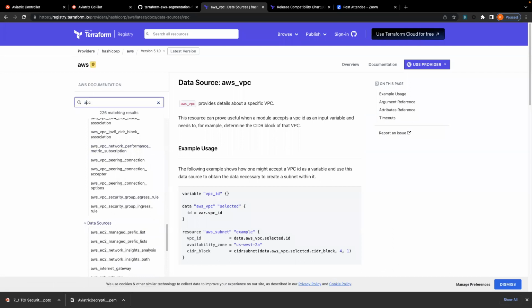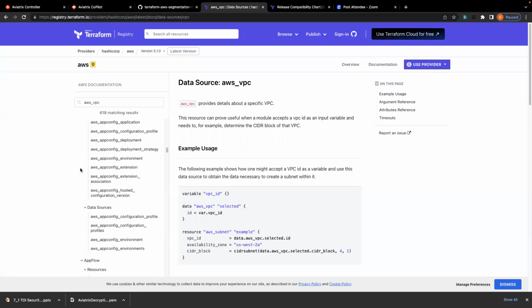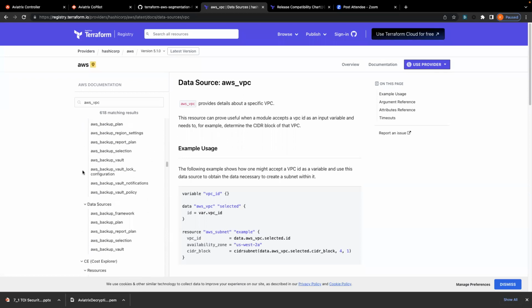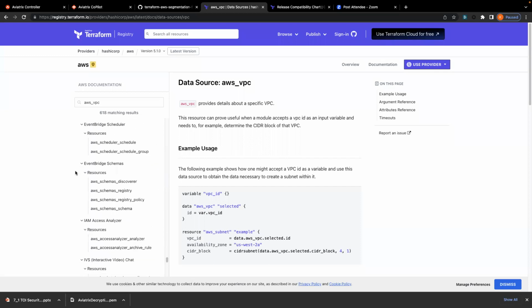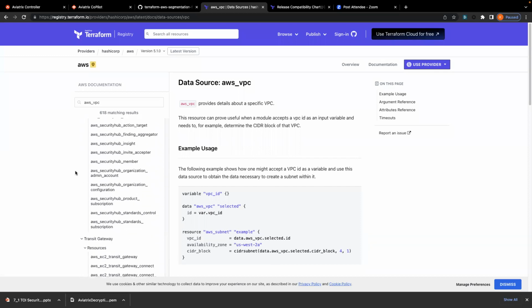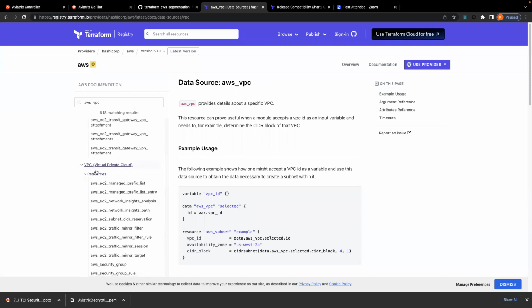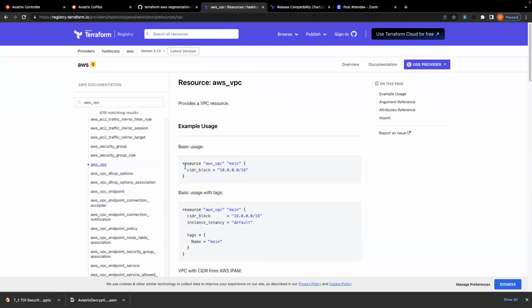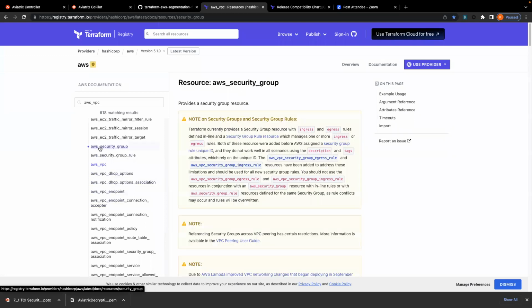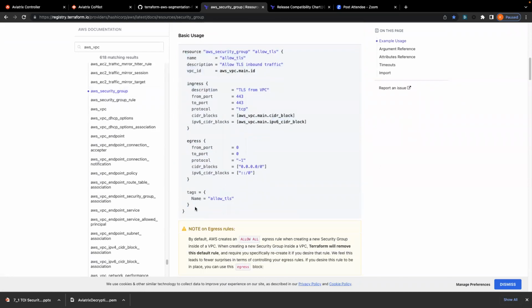So what I'm going to do is I'm going to do aws_vpc. Yeah, resources, there's a section called VPC. And if I go and say aws_vpc, this will create the VPC for me. If I want, for example, a security group, this also explains how to create a security group. Again, all of these are